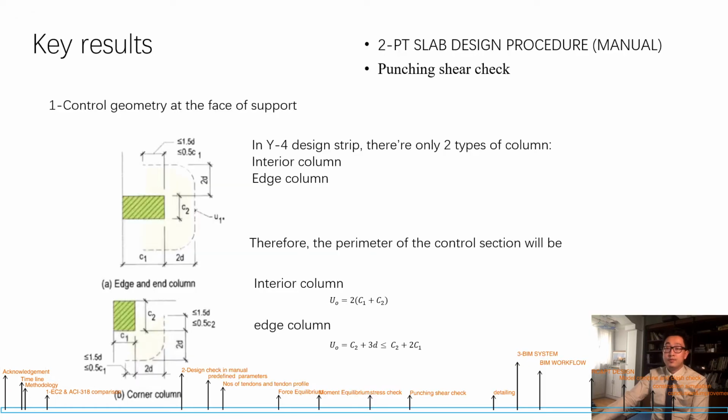So we go from the first step. Step one, you need to find the parameter of control section. In the Y4 design script, we only have two types of column, the interior column and edge column. So here is a formula to find the parameter of